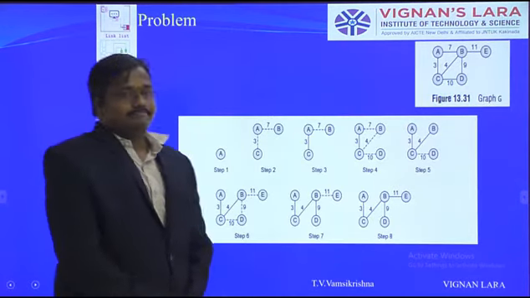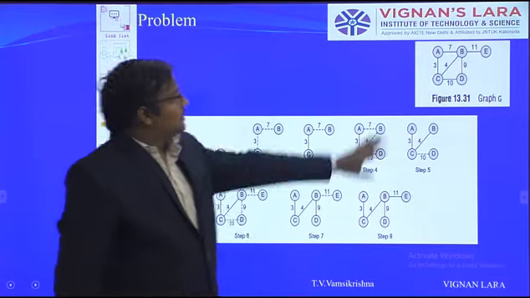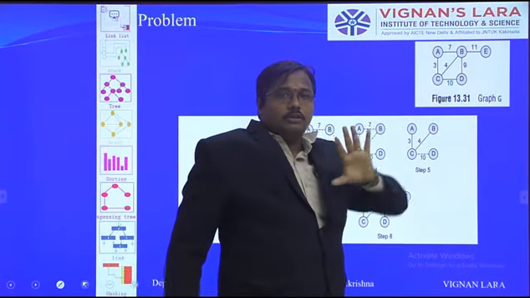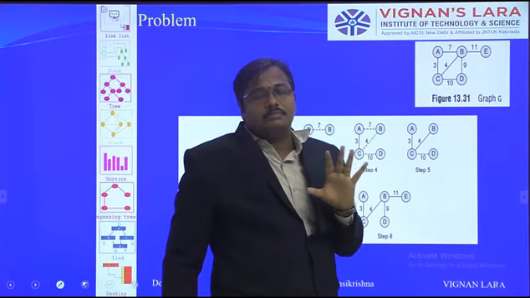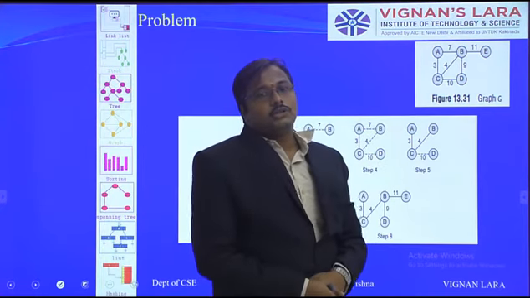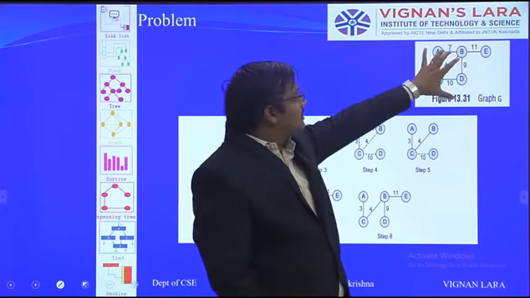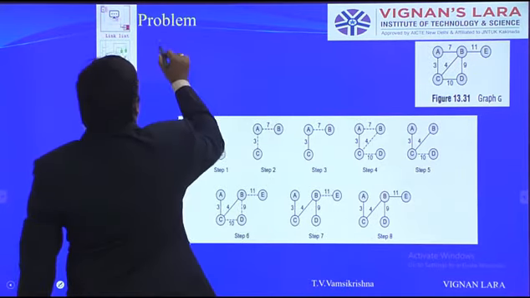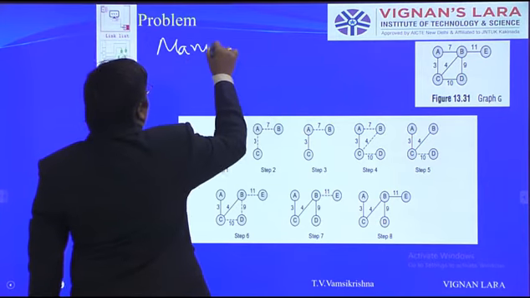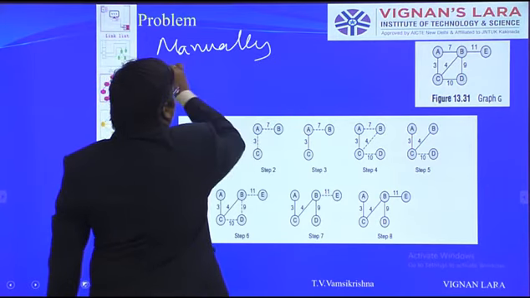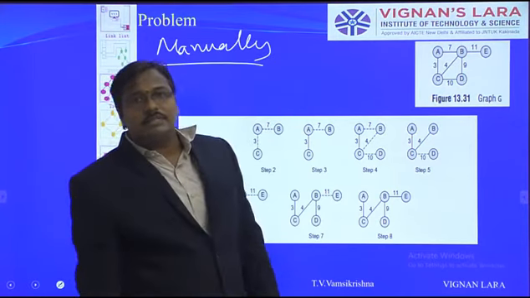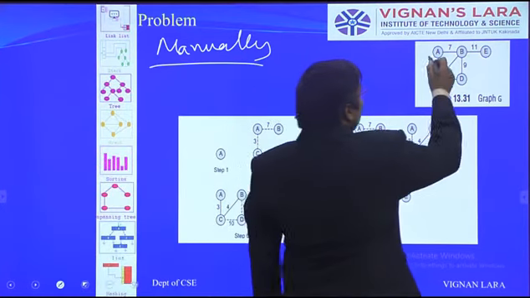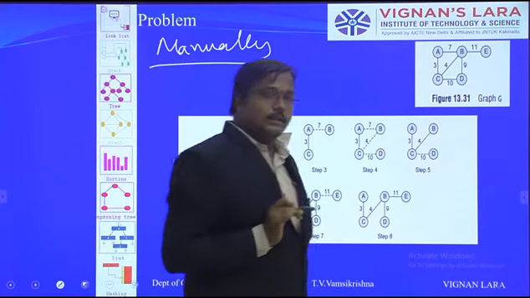So this is the problem that is given. In this problem we want to find the minimum spanning tree and the minimum cost. First they are given some graph. First we are looking at it manually, later I will explain the algorithm we are applying for this. Here, there are 5 different vertices in total.